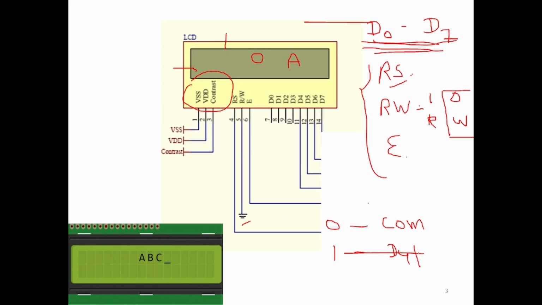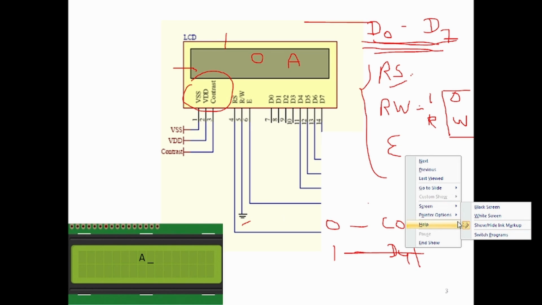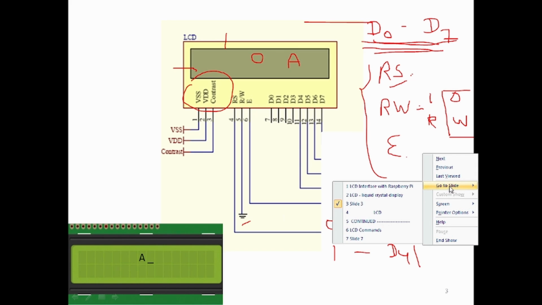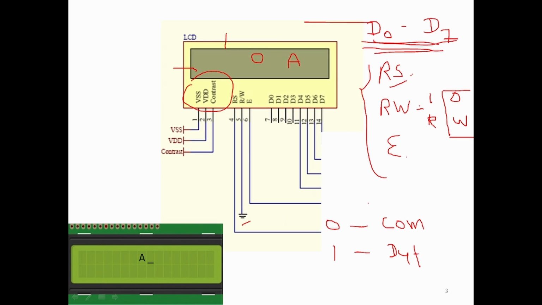Now remember one thing: data means value, the actual value, and command means for configuration purpose. So you have to remember this thing. So this is data and this is command. And the third pin is enable. So enable means